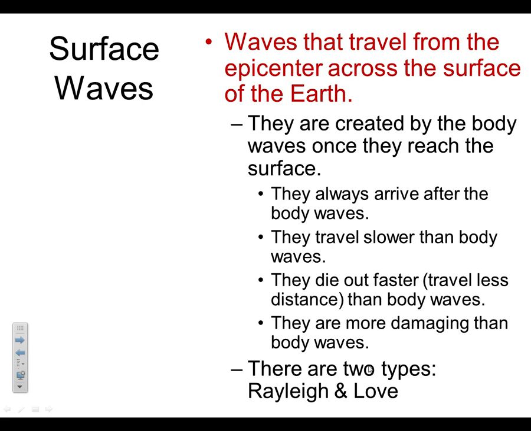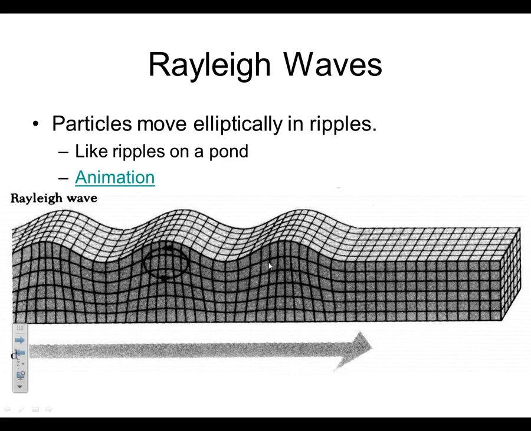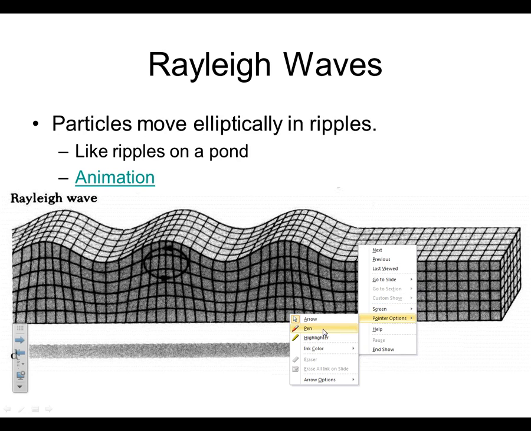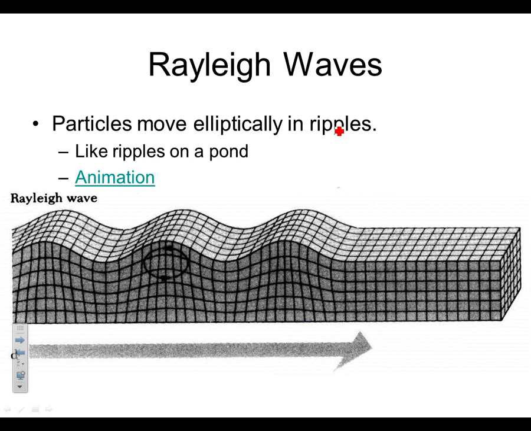So there are two types. Those two types are Rayleigh waves and Love waves. So let's look at them and see some animations. In Rayleigh waves, the particles move elliptically, like ripples in a pond. And you see this little picture here showing that if you want to draw a little picture next to your blank there, you can. Think of it like the Earth going like this, so it's actually rolling, and it has this little circular backwards motion. Buildings do not like this circular backwards motion.